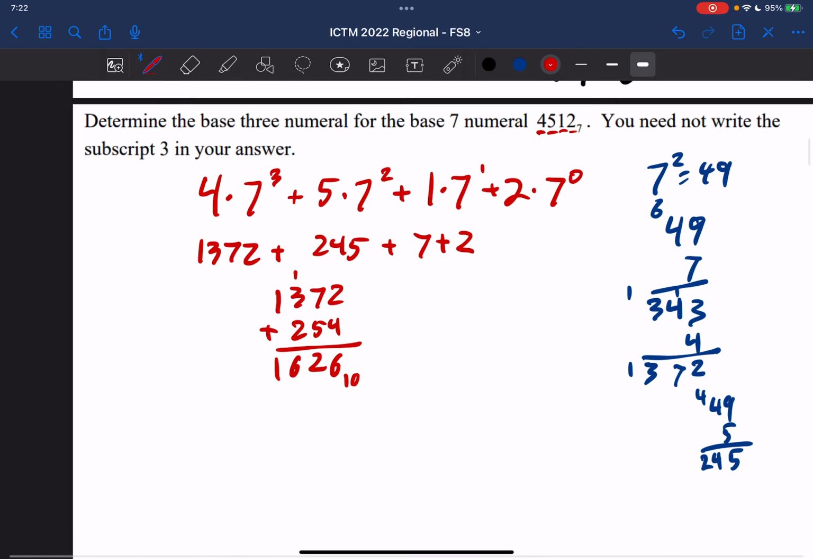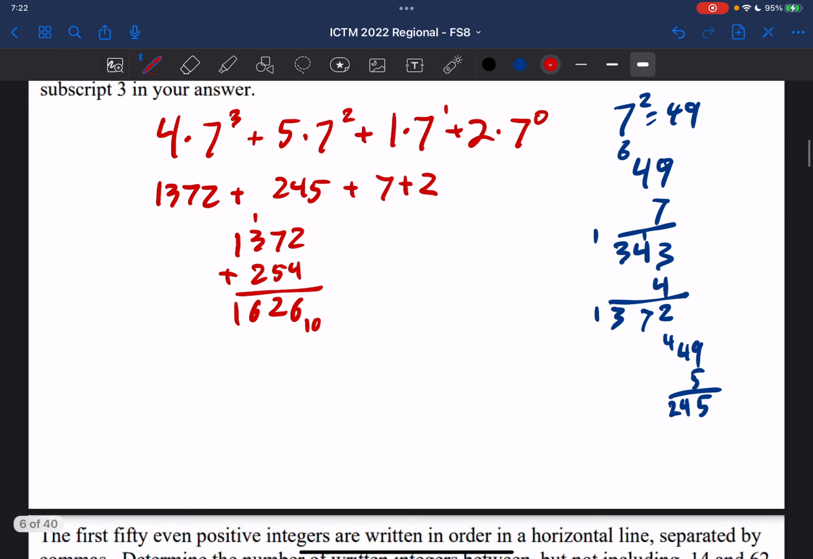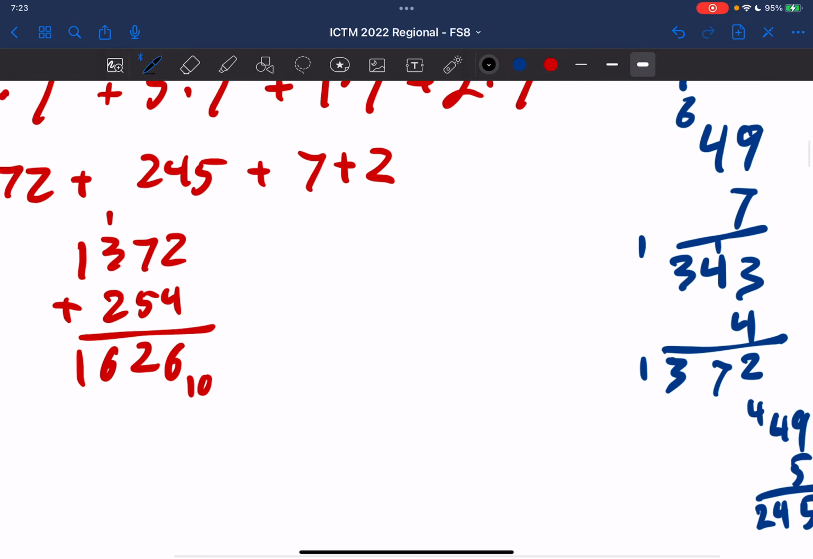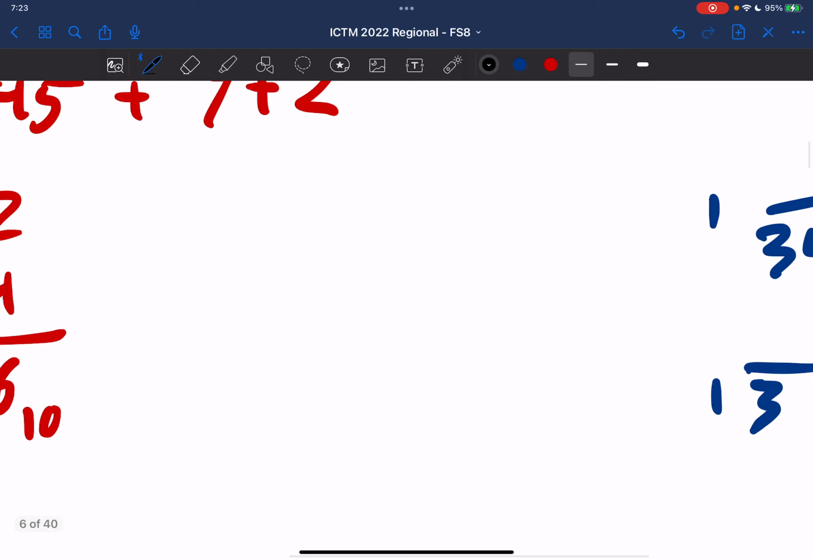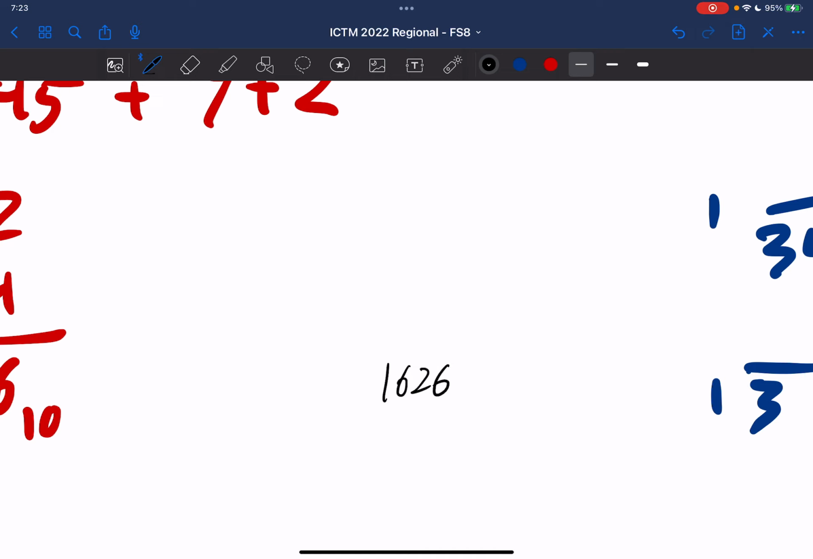And we're not done because we want this in base 3. So what we have to do is we have to say, okay, let's start dividing this by 3. Let's see how many powers of 3 we can get out of this. So let's zoom in here. So we have 1626, and I divide that by 3. Got to bring it down here, 1626, divide by 3, so that goes in 5